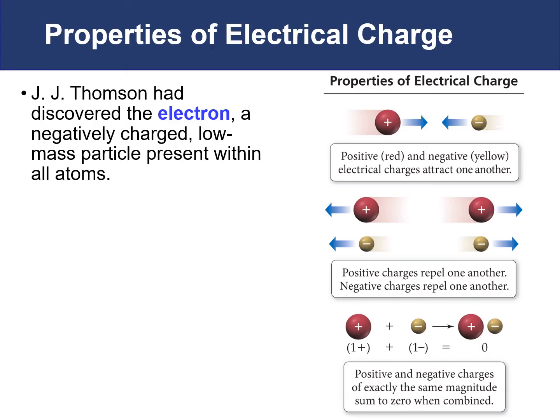Because the cathode ray is deflected by both a magnetic and electric field, Thomson believed that the cathode rays themselves had a charge. And in fact, because of how they were deflected, he knew that it had a negative charge. The way that he summarized that there was a negative charge to these particles was based on the properties of